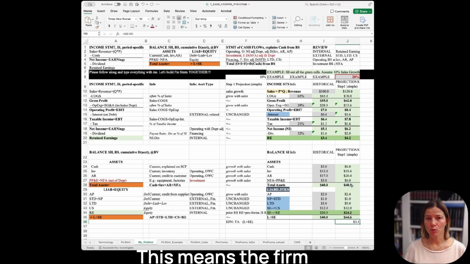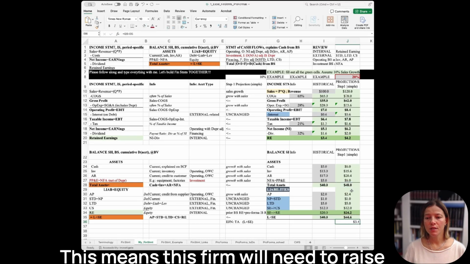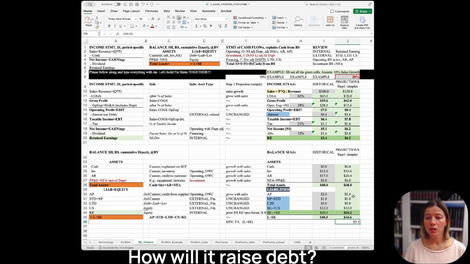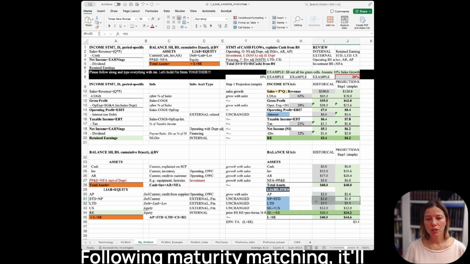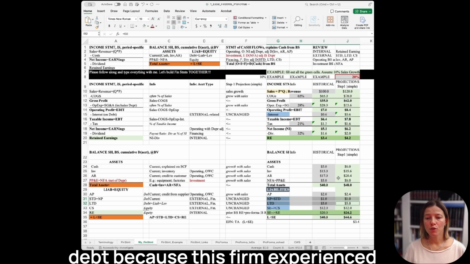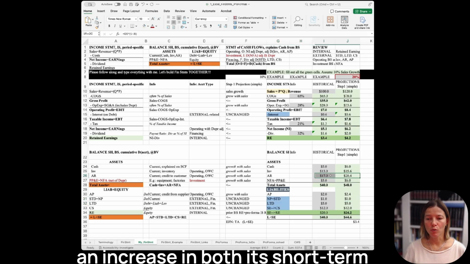This means the firm needs external funds. This means this firm will need to raise debt in the amount of $3.4 million. How will it raise debt? Following maturity matching, it will raise short-term and long-term debt